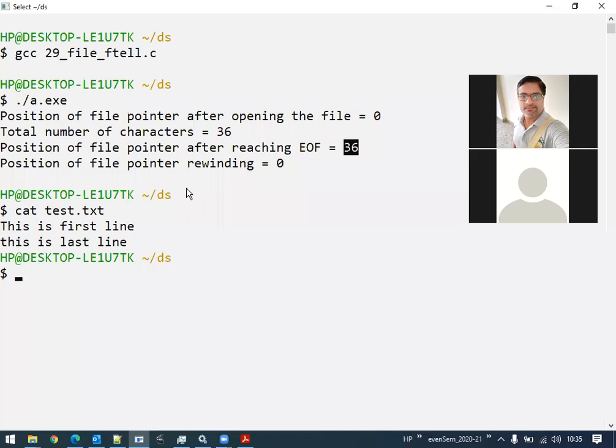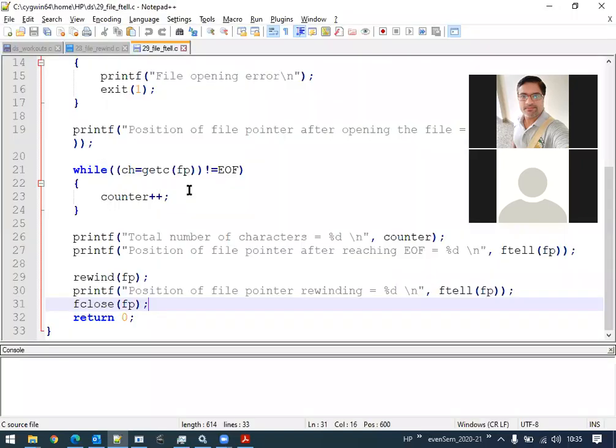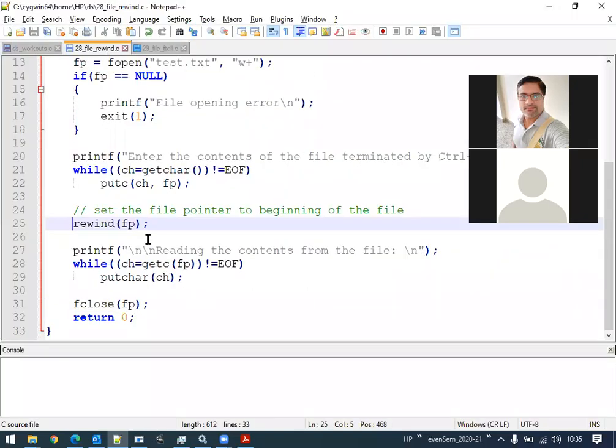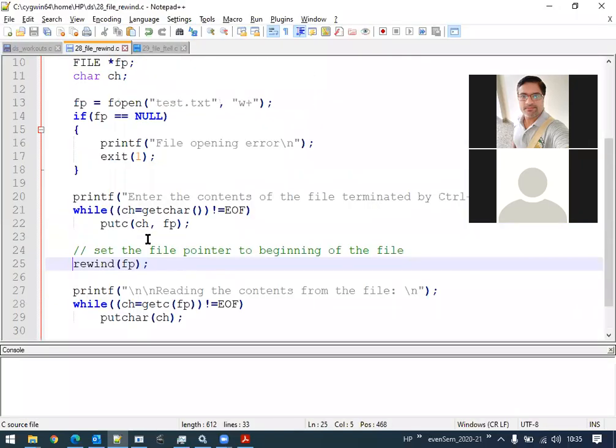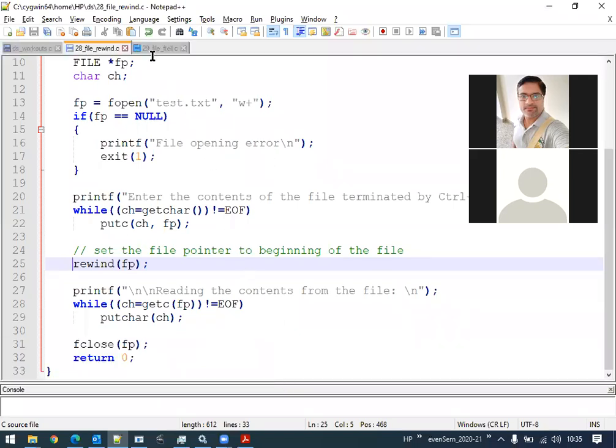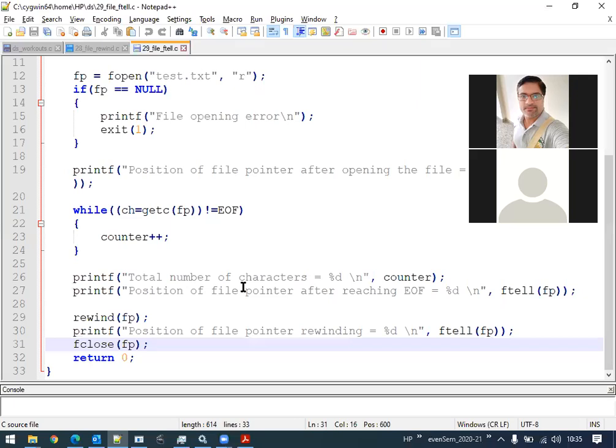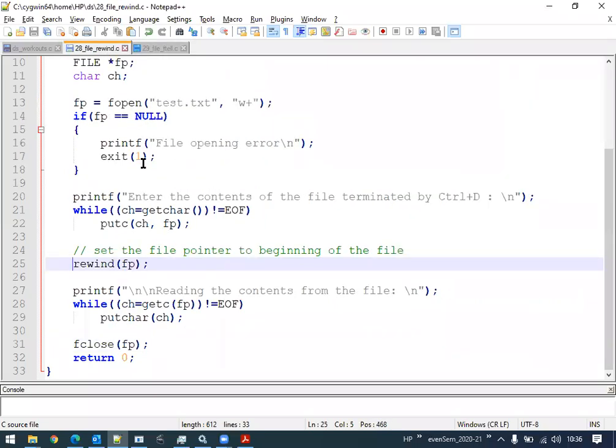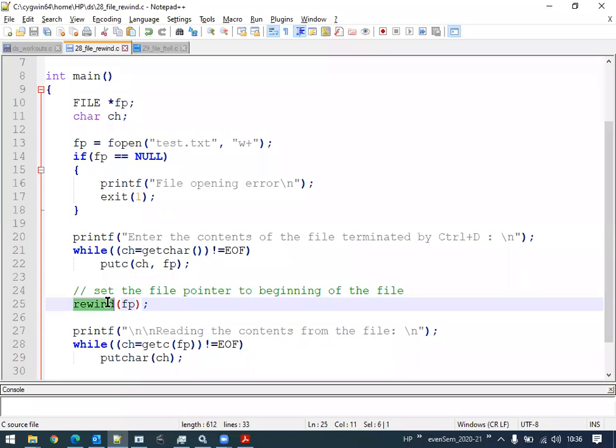I think this much is enough for today. What I would request you is to take a snapshot of these particular programs, the first one and the second one also. Try to write this code, practice, and understand these two functions more. The first one is rewind and the second one is ftell.